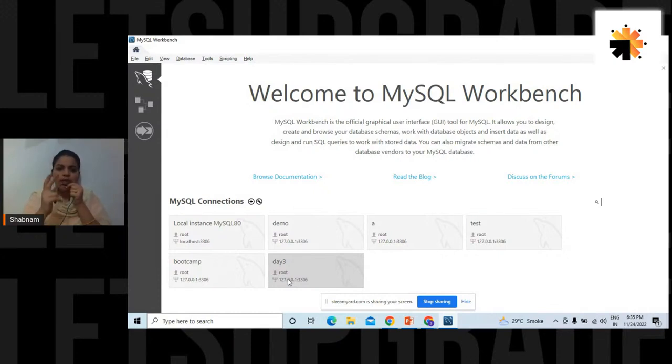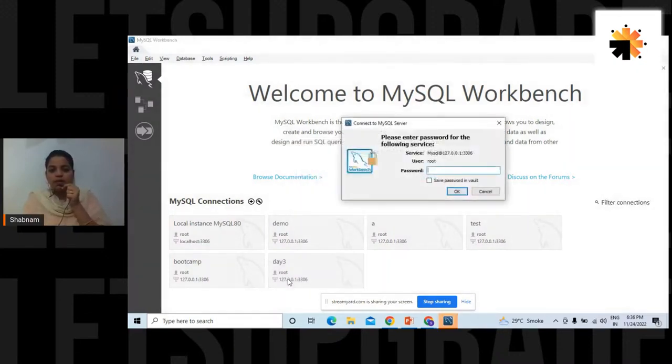Every application software has two types of users: one who is an admin, the others who are local. Administrator always enjoys high privileges and can perform duties and actions that others cannot. If you go back to our day two, I gave the example of a WhatsApp group admin. As a group admin, I can add new members, delete members, and control who can send messages and chat. But as a local user of the group, I might lack all these privileges. So we log into our connection and Workbench as the administrator.